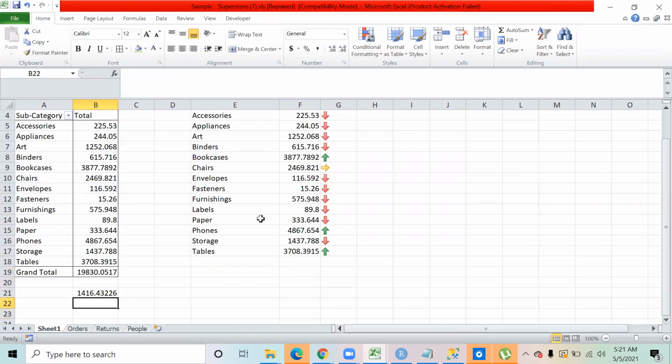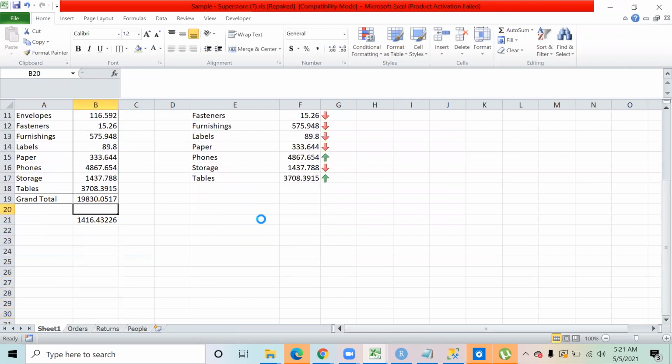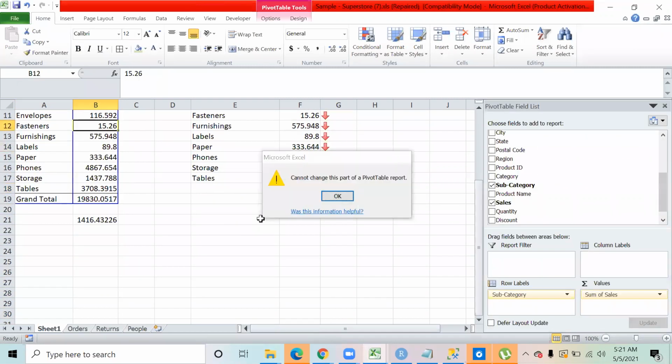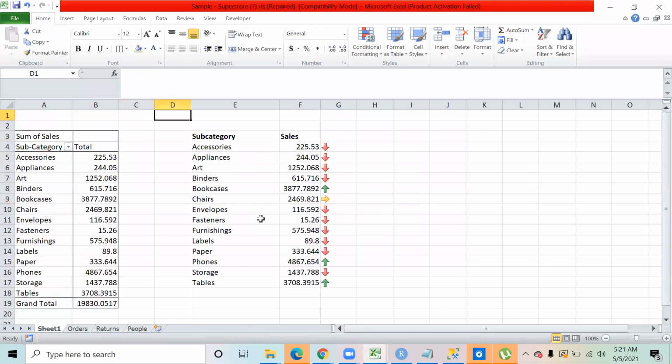Okay. See, what happens is basically, I'll just tell you that part in the later part. That will become a little different over here. But just to have a look at it now, if you take a look at this, the subcategories that have the sales on the lower side have the red arrows, and the sales which are on the higher side have the green arrows.